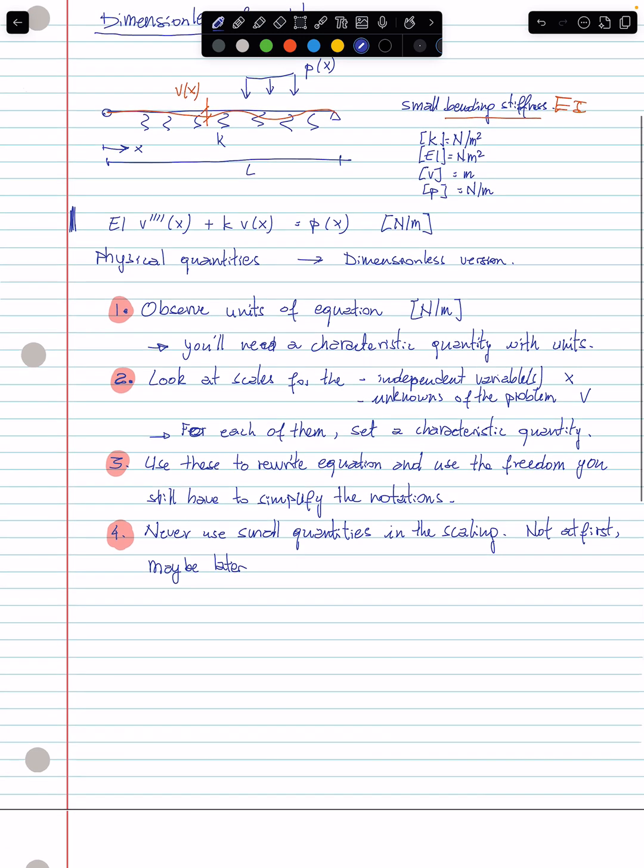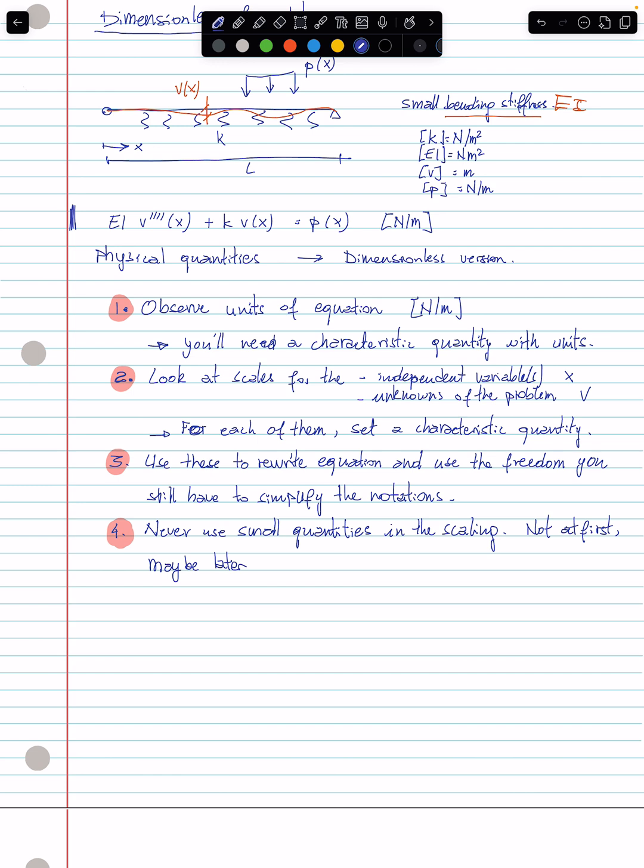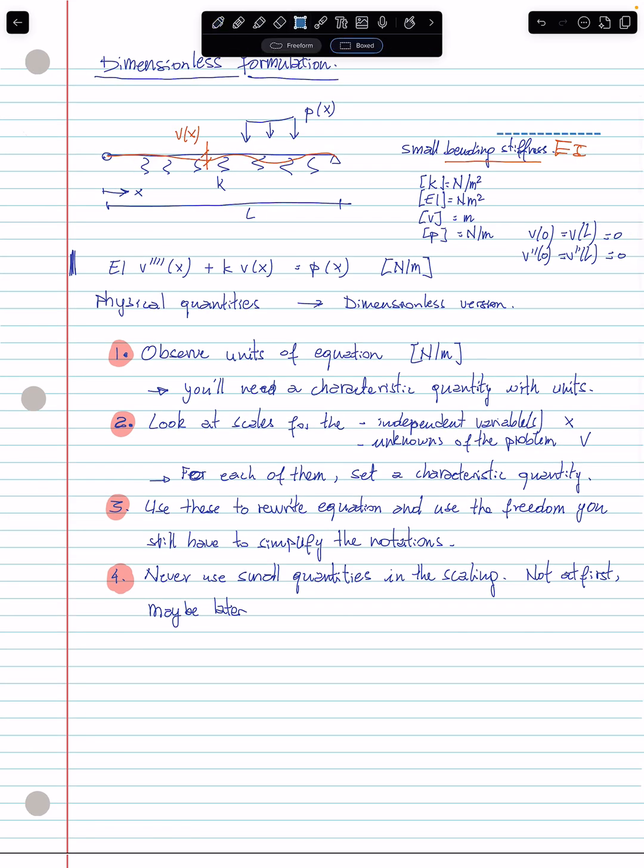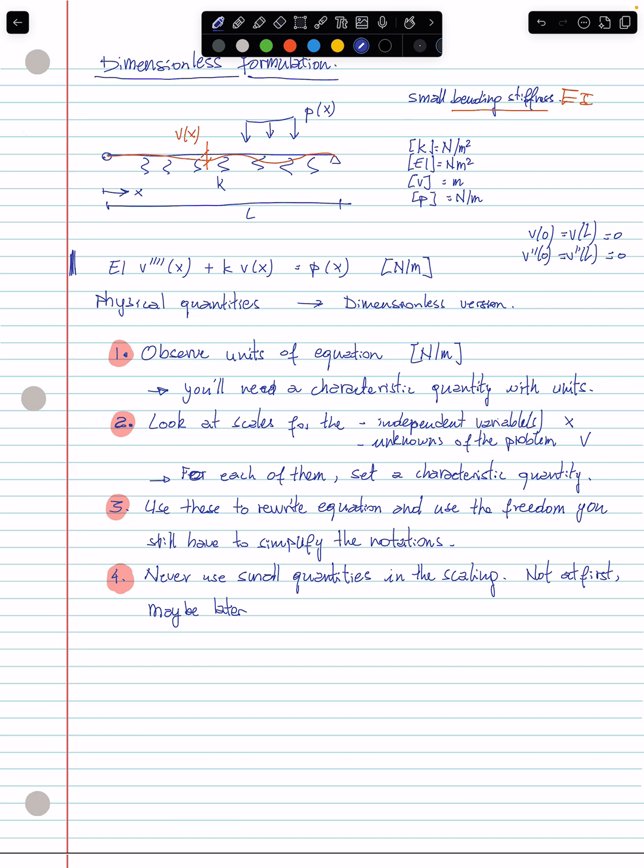So I forgot probably to equip that differential equation, which is a fourth degree differential equation, with four boundary conditions. Let me just write them over here. So we'll assume that the transverse displacement is equal to 0 at both ends of the problem. So we have V0 is equal to VL is equal to 0, and the same for the second derivative, like this. And it means that all quantities we have in this problem are listed over here, right? We have a bending stiffness and a ground or soil stiffness here. We have the transverse displacement, applied load, and we have the length of the beam. All right, so we have 5 quantities, and